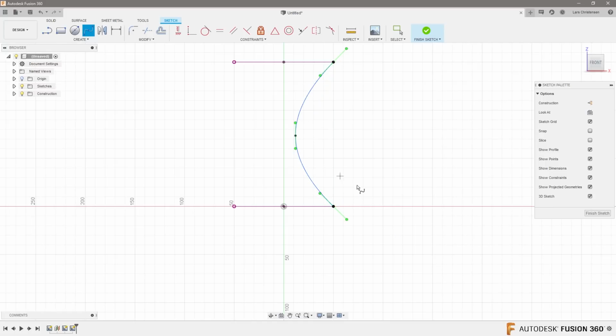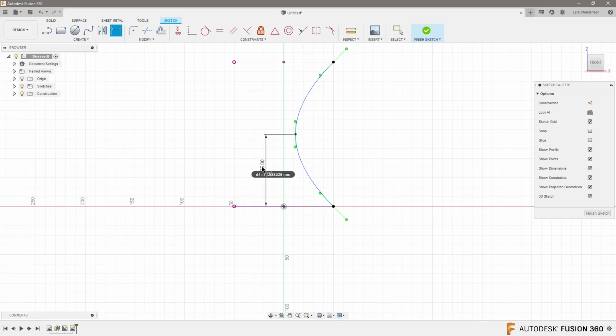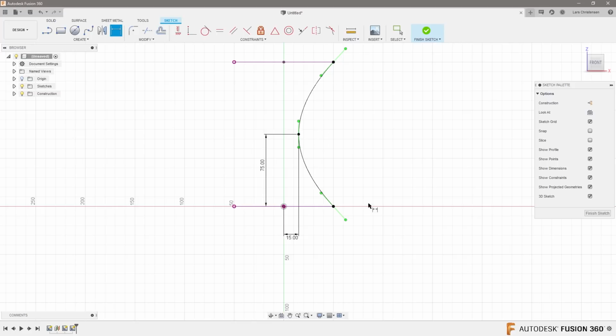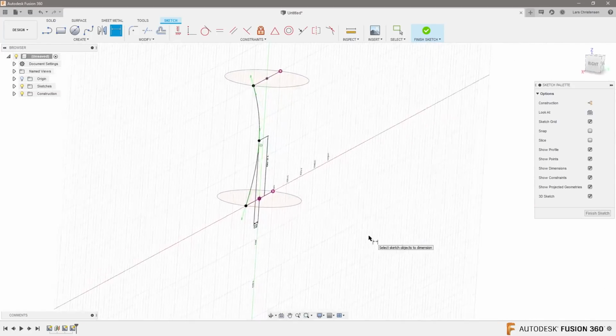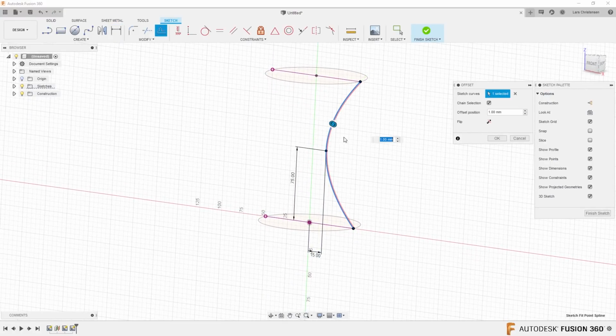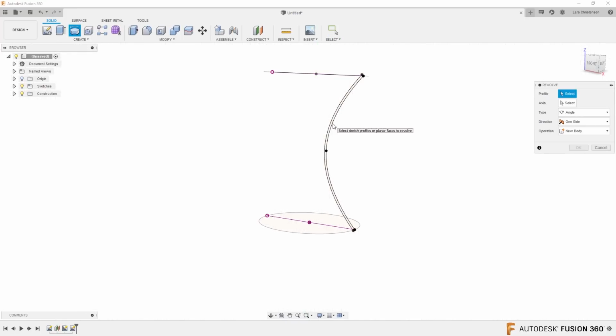So now we have a 3-point spline. D for dimension, and we could place this midpoint at the middle between our planes, so this is going to be in the middle of our two big circles. Then we could also define the width of it here. Let's make that 15, and that is now a fully defined spline sitting like that. Now if we did an O for offset on that, and bring it in like minus a couple of millimeters maybe, and then do a revolve of this